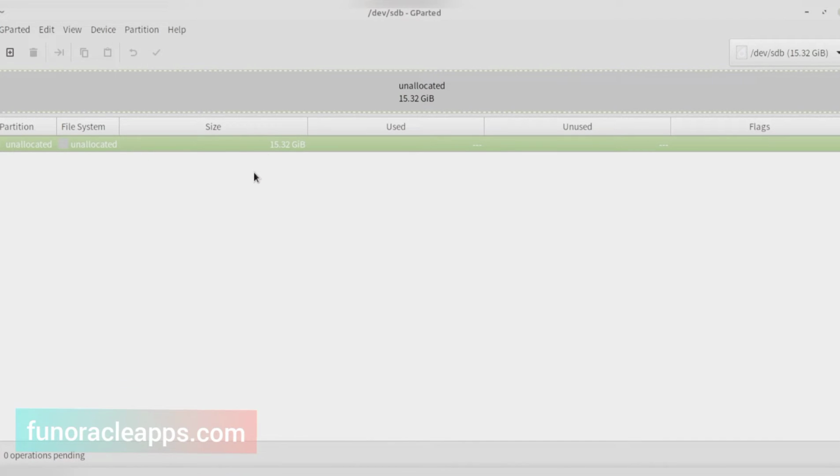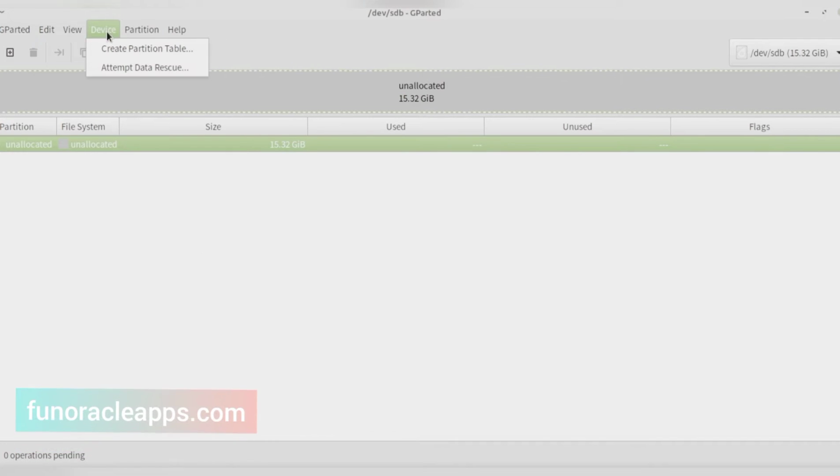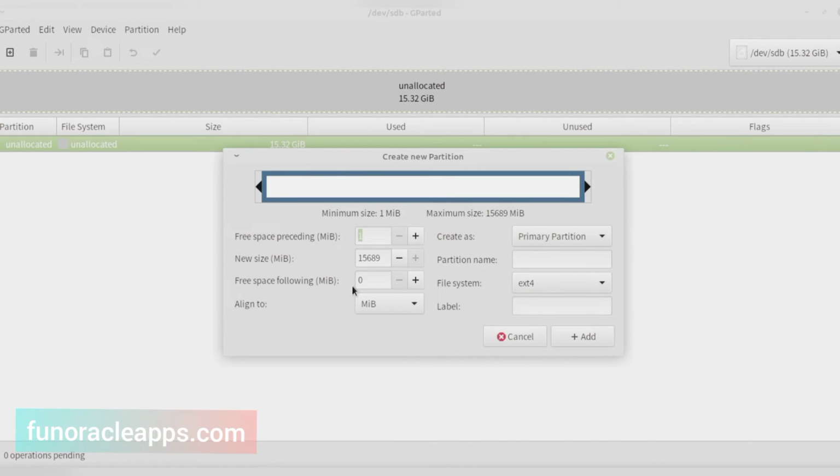Now for Windows bootable, we will simply go ahead and create two partitions. One will be used for booting and the other one will be used for installation. The boot partition will be made of FAT32 file system, whereas the other partition will be of NTFS. So I am going to simply go ahead and create a new partition here.